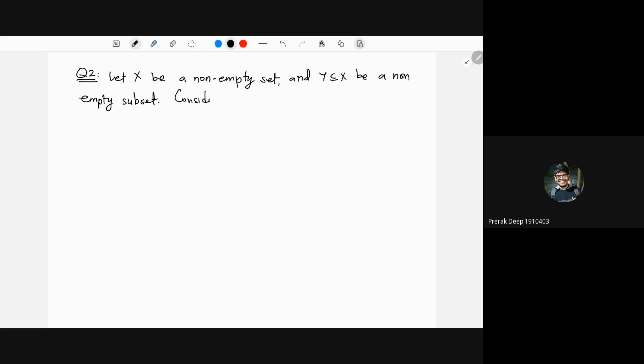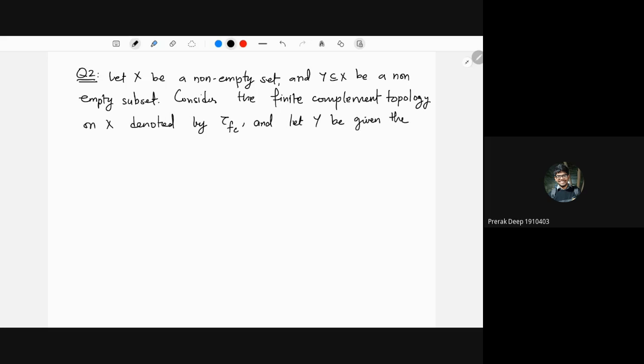Consider the finite complement topology on X, denoted by tau FC, and let Y be given the subspace topology tau Y,